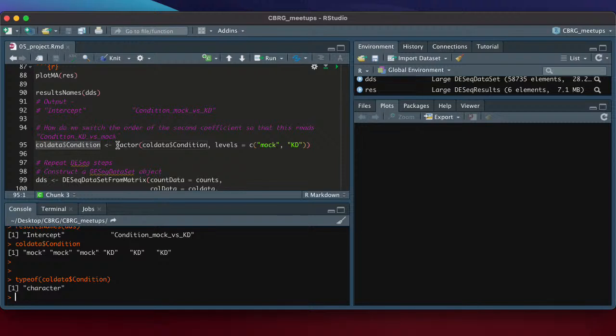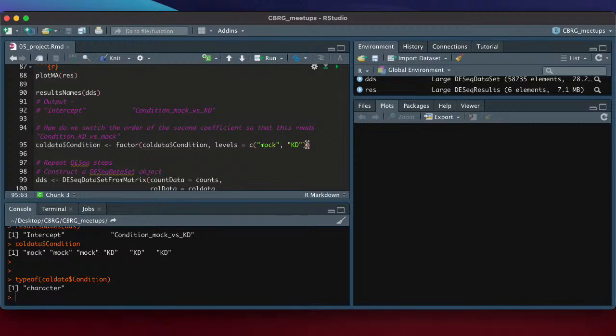So here we have to, by hand, do two things on line 95. We need to specify that this is not just a character variable, it's a factor, so it has levels. We can use this factor function, and while we do that, we can also specify the levels. When you do levels equals c("mock", "knockdown"), this specifies that mock is the lower level and KD is the higher level.